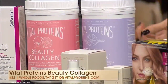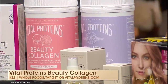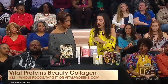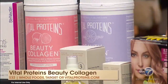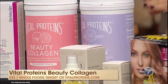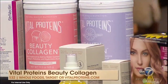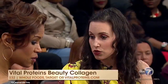And they have collagen. So collagen is so important because we have naturally occurring collagen protein in our bodies, but it starts to deplete as we age. Right. And so this restores the collagen because that's what we need to keep our skin firm and youthful looking. Yes. It also has probiotics and moisturizing hyaluronic acid. So I'm telling you, after a few weeks of using this, you will notice your hair is thicker, your nails are stronger, your skin will glow,